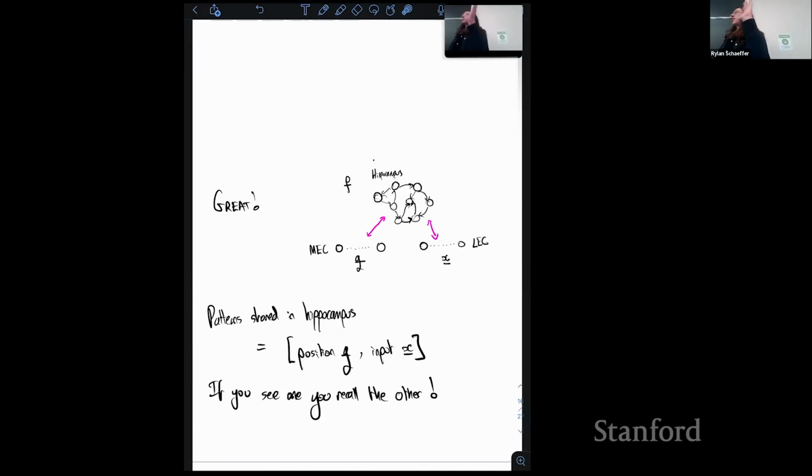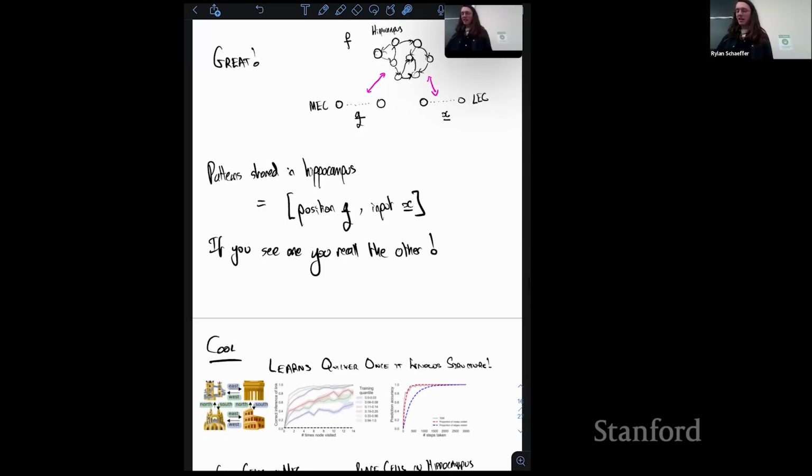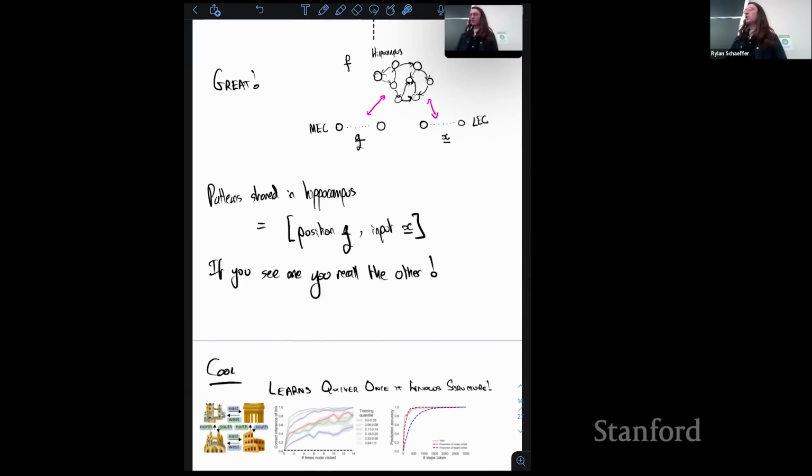Does the whole Tolman-Eichenbaum machine make sense, roughly, what it's doing? Okay, cool. And basically, this last bit is saying it's really good. So what I'm showing here, this is on the 2D navigation task, and so it's a big grid. I think they use 11 by 11 or something, and it's wandering around and has to predict what it's going to see in some new environment. And on here, this is the number of nodes in that graph that you've visited, and on the y-axis is how much you correctly predict.